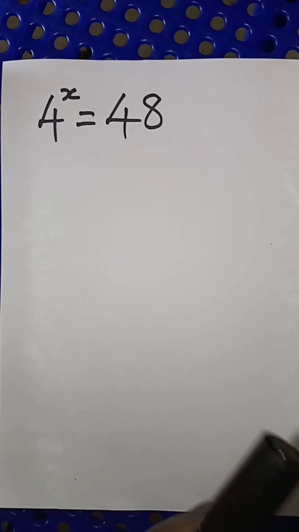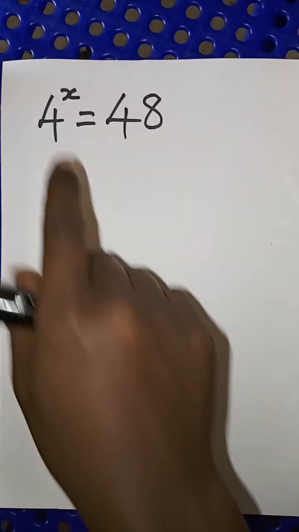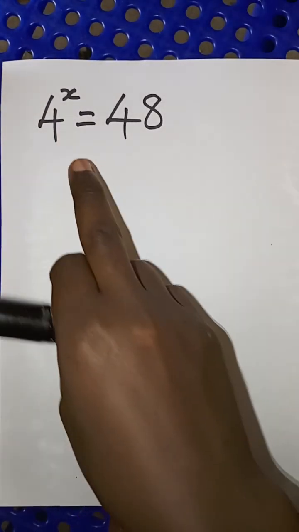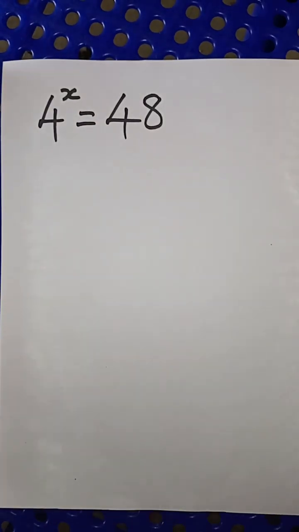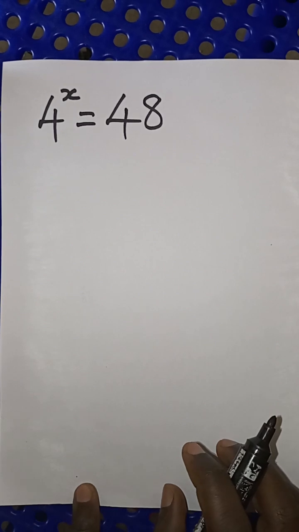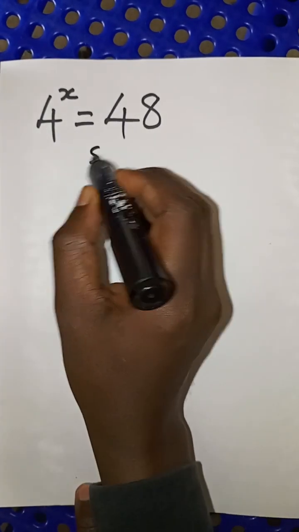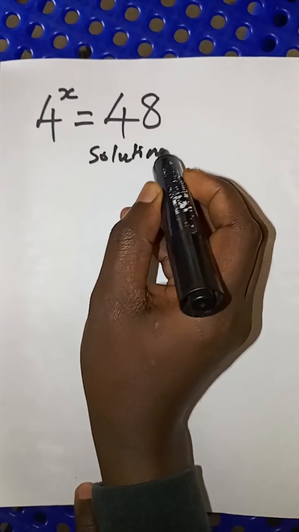Welcome to another video. So today we have an exponential equation: 4 raised to power x is equal to 48. This is a type of index equation where we are required to find the value of x. On the solution part,